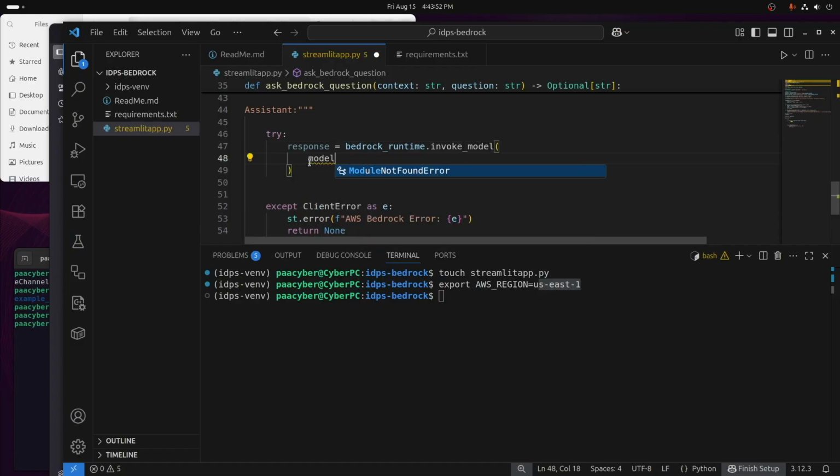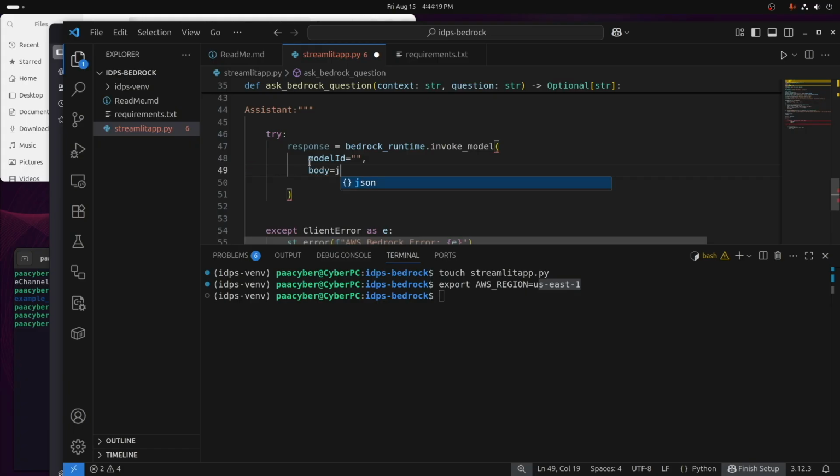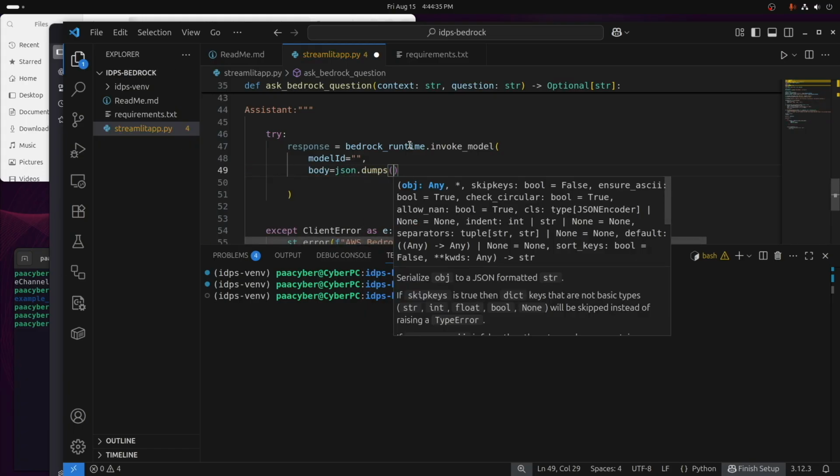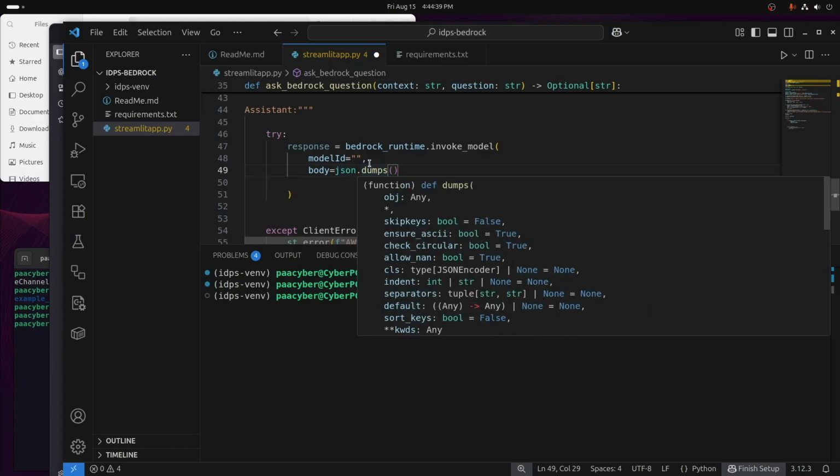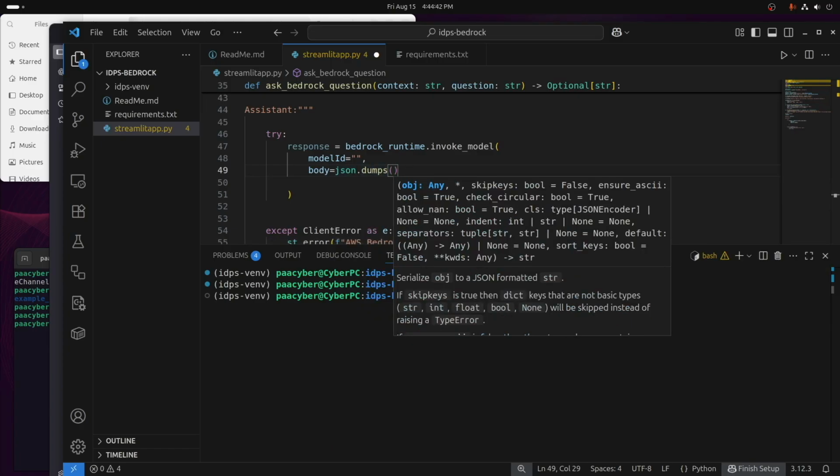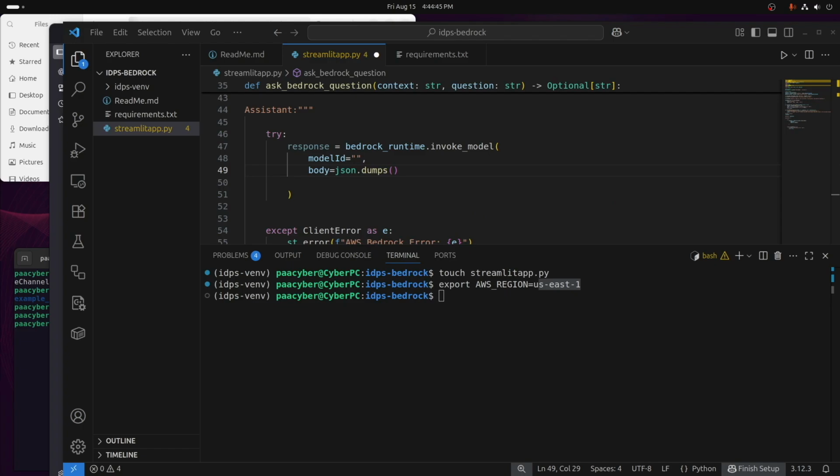We are going to need a model ID, which is going to specify the model that we are actually going to use. We are going to need a body, and the body is going to be json.dumps. This is just going to be the JSON-encoded parameters. Now, earlier I did mention that we are going to use the Anthropic Claude model version 2. So I'm just going to copy the name for that. So that is the Anthropic model. And for the dumps, just specify some encoded parameters that we will need for this model. I'm going to copy it,